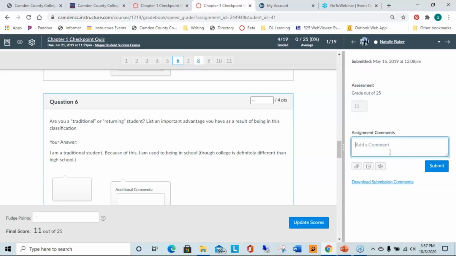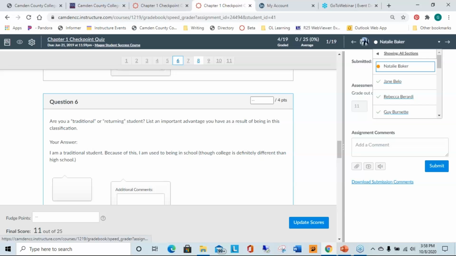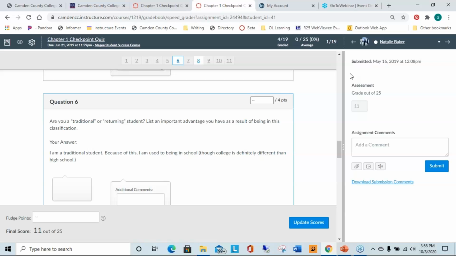From here, I can also add a comment. I can click submit. I can also, if I wanted to, put a file attachment, anything that I need to add. I can also quickly see, and these features are in SpeedGrader in all of the different areas of Canvas, who has turned in the quiz and who has not. And then finally, just to show you